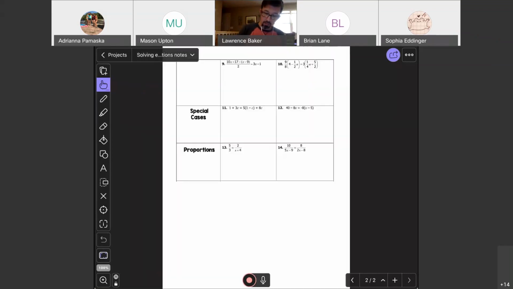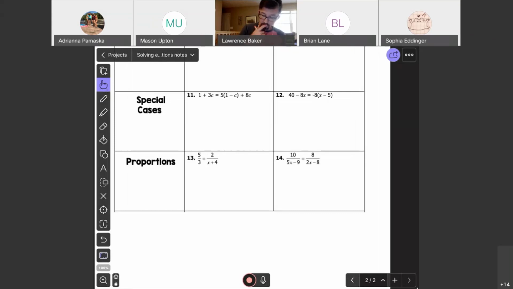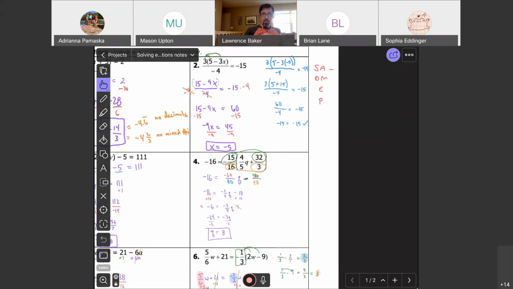Okay. So I'll leave these two special cases. We'll look at one of the proportions problems here. So what we've been seeing is that we've been solving or trying to get the variable by itself, right? That's another way to think about solving. How do we get x by itself, or a by itself, or p by itself, whatever the letters. And then we're finding a value, right? And we saw that on number 2 or whatever when I was checking it, like that value we found was